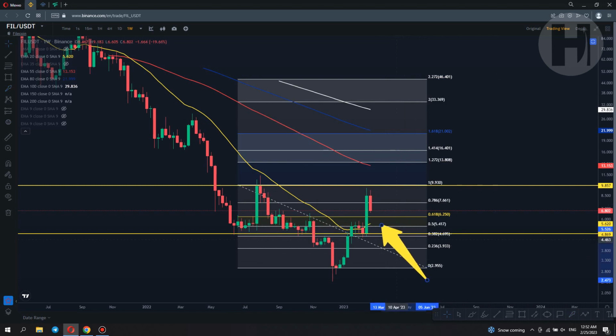So if the markets don't drop aggressively, and let's assume that the Fed doesn't suddenly become ultra hawkish during their next FOMC meeting, I think on March 22nd, then we might just consolidate in this area around $5.50 all the way up to $6.25. So this could be a nice accumulation area for anyone looking to have a strong Filecoin position. And I would say anything around the 20 EMA on the weekly or below that is